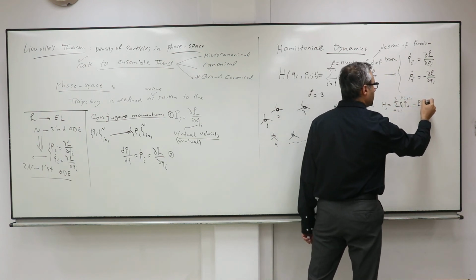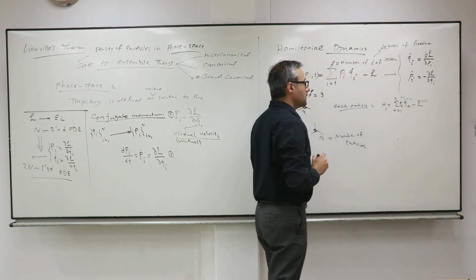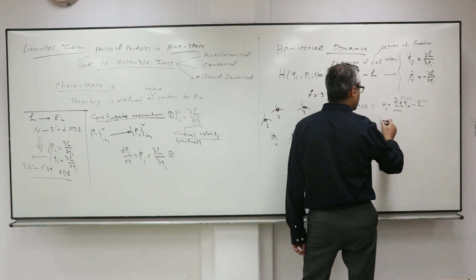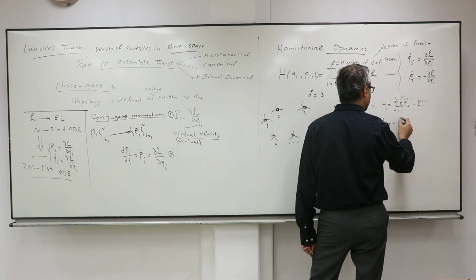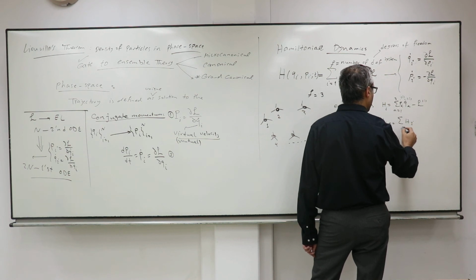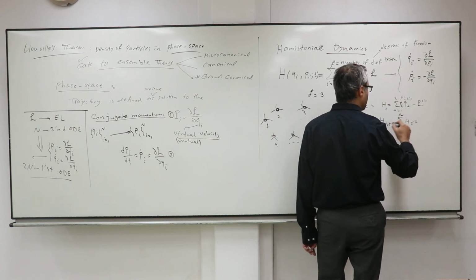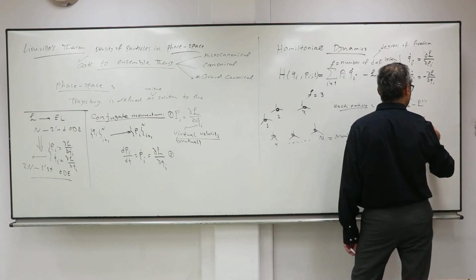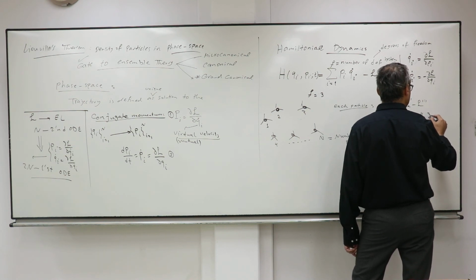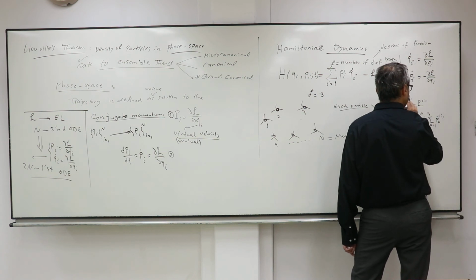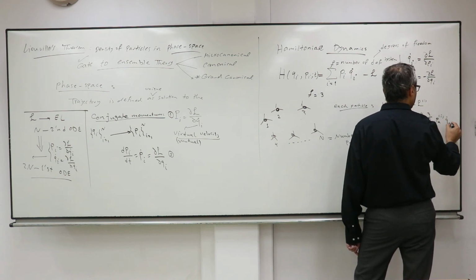And this is the Lagrangian for each particle. So the total Hamiltonian will be sigma i from 1 to n, sigma r from 1 to 3, P_i Q dot_i minus sigma